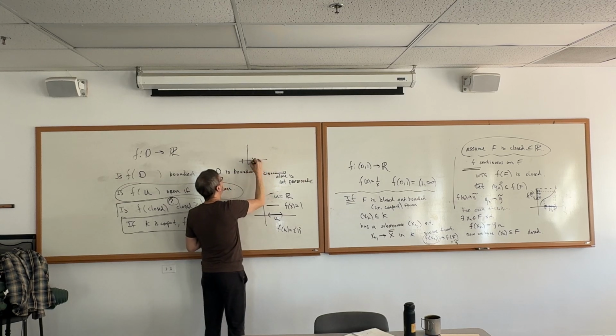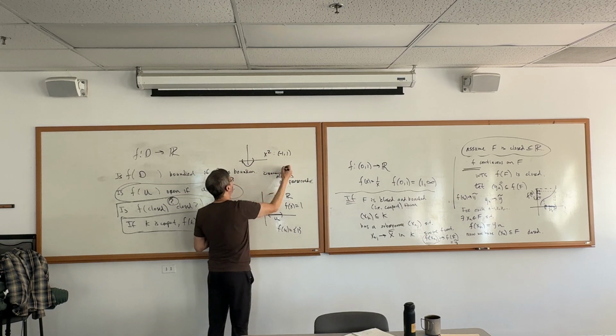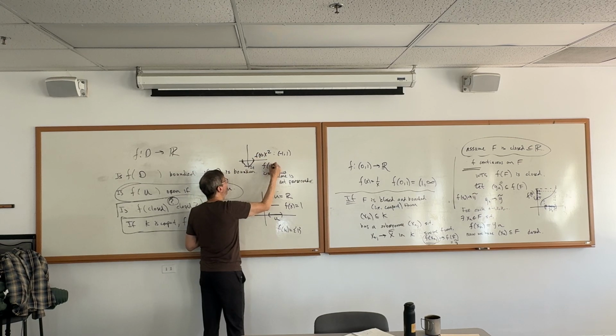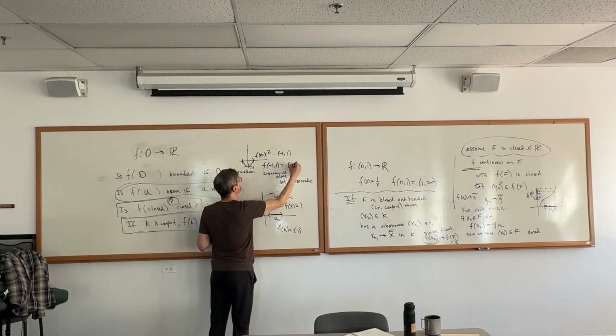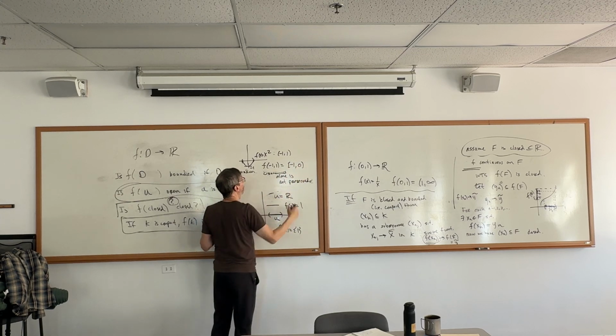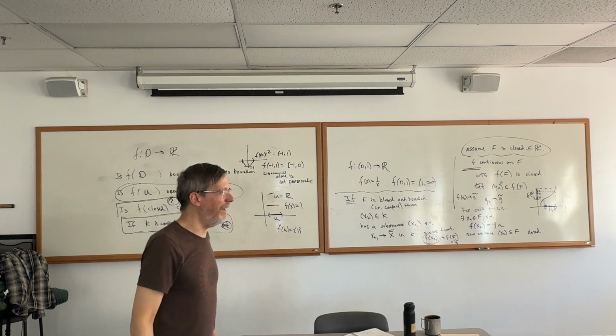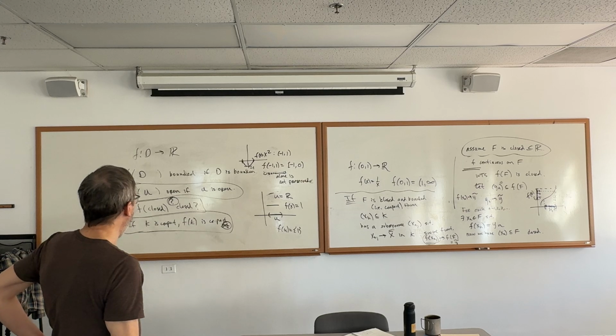I was thinking of something like a parabola that went like this. So it's like x squared, which is only defined on -1 to 1. And then for the output image, you can't hit 0 there because you can't get to the 1 and -1. But you can hit the -1. So if this is f, then f of (-1, 1) is the interval [-1, 0), half open like that. Yours is way better. Yours just gets to the point.